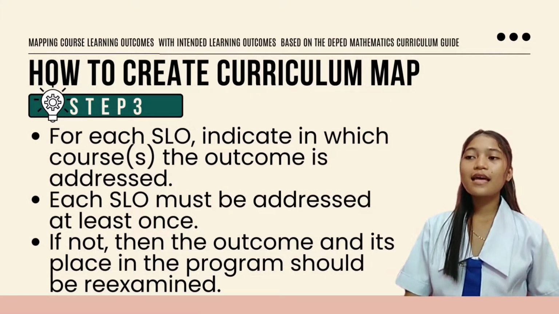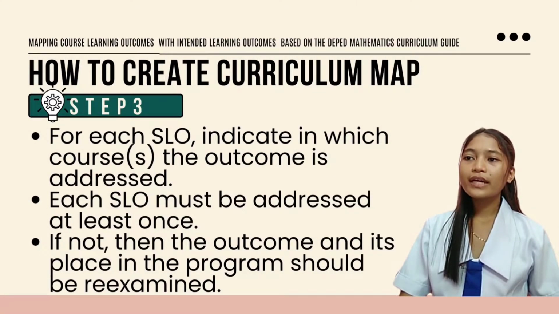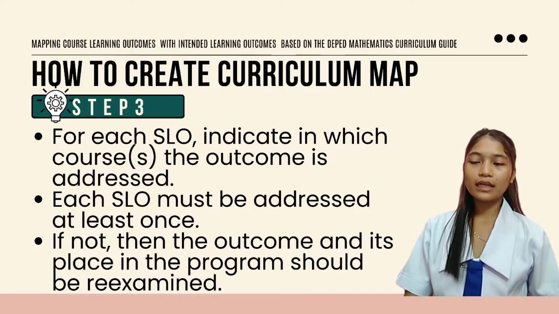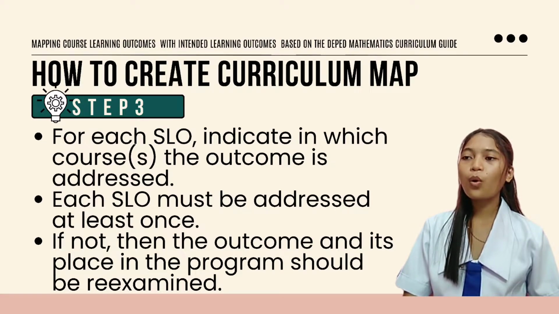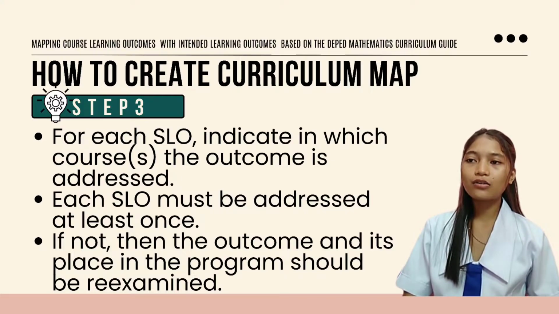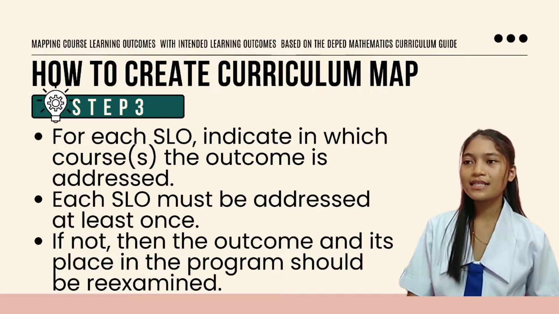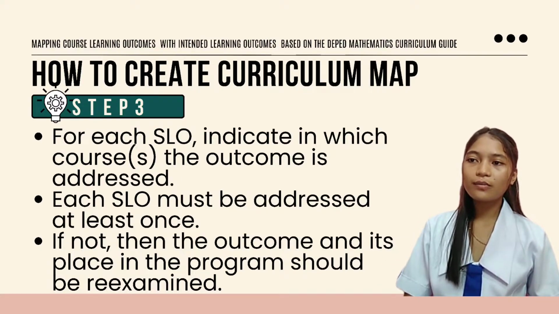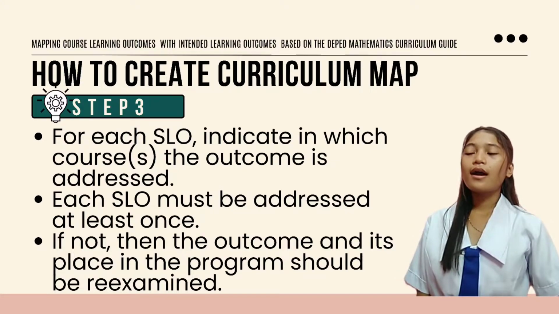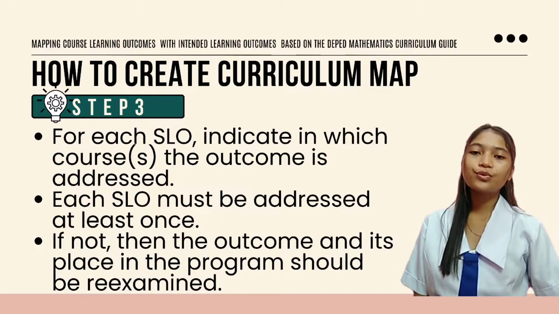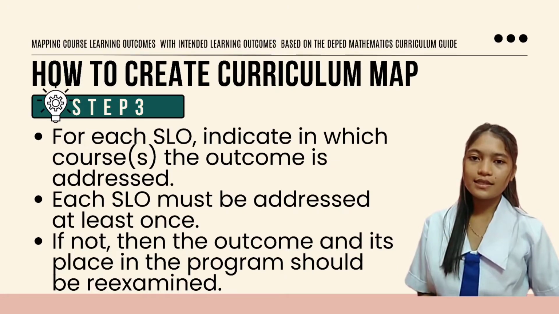So next, step number 3. For each SLO, or student learning outcome, indicate in which course or courses the outcome is addressed. Each SLO must be addressed at least once. If not, then the outcome and its place in the program should be re-examined. So every student learning outcome must be met or must be addressed